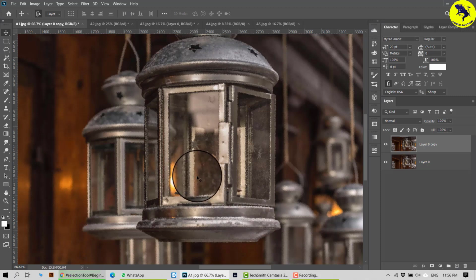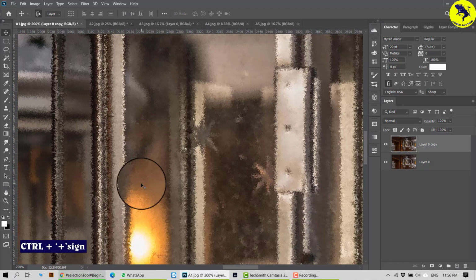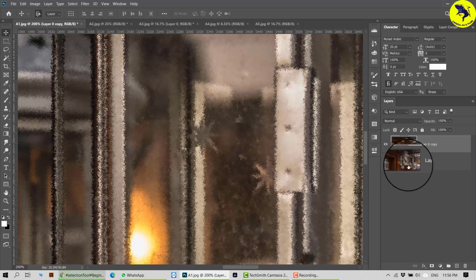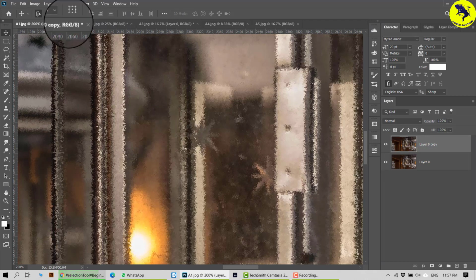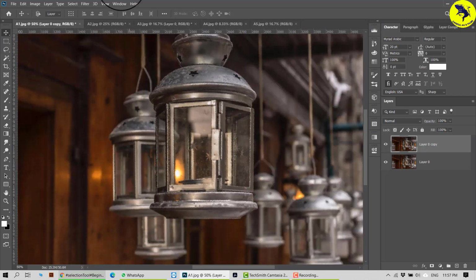Now again I'll zoom in, that is Control plus, and see to what extent the shuffling of the pixels has taken place. Now if I switch off, or you can say just hide, the layer where my diffusion has happened, this is your original picture which does not have any effect or filter on it, but the moment I enable the filter layer, on which I have applied a diffusion filter 5 times, this is the effect. So this is called diffuse. You can use diffuse for multiple options.